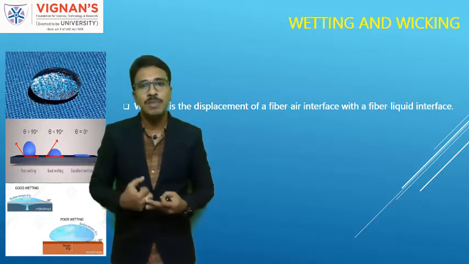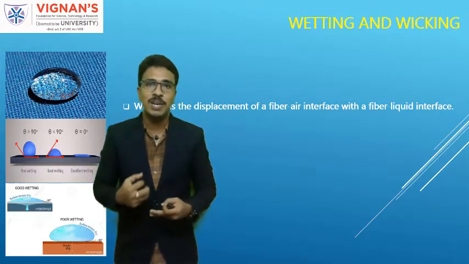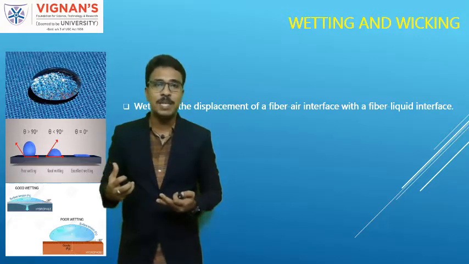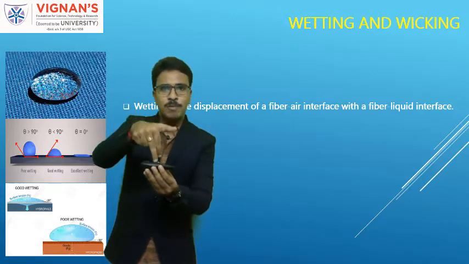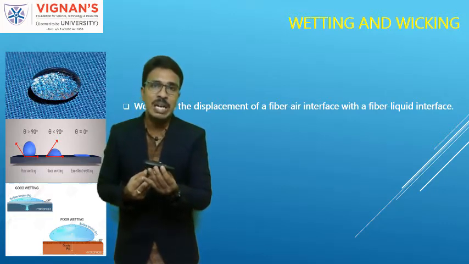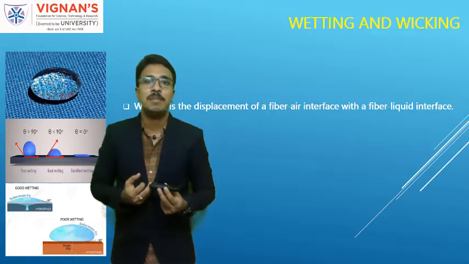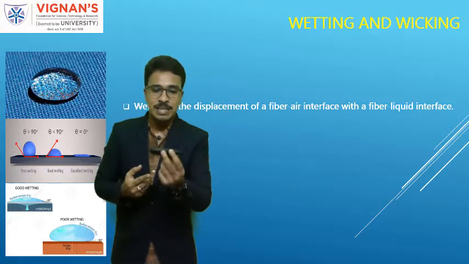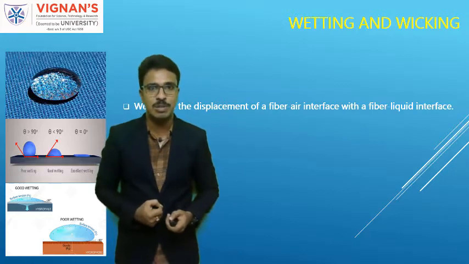That's why now we are going to discuss what wetting is and how wetting takes place. That means we take a solid surface or a fabric and put a drop of water on the fabric surface. The droplet is easily absorbed. Now we are going to understand how this takes place, so that later we can easily understand the mechanism we follow to make the same fabric water repellent. Understand? That is the objective, and now we are going to discuss it.